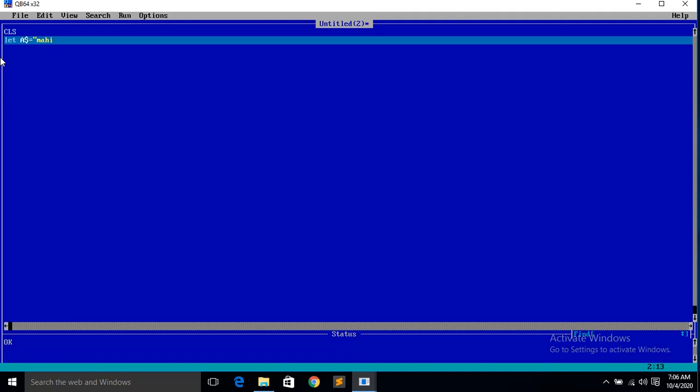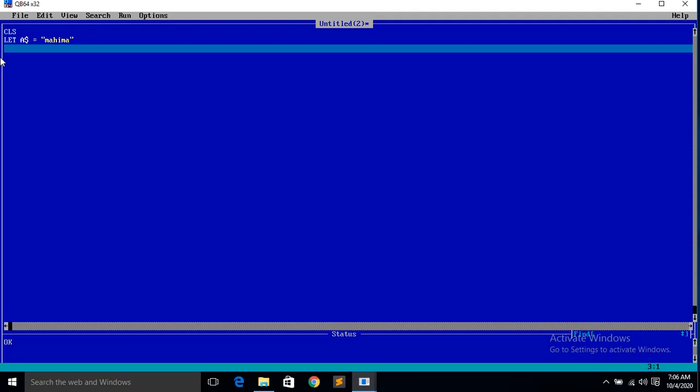Say you write in small letters, it will come in small letters. So let us see, Mahima, enter. See, let is automatically converted into capital letters, but Mahima is not converted because inside the inverted commas, the way you write it, that way only it will be printed.